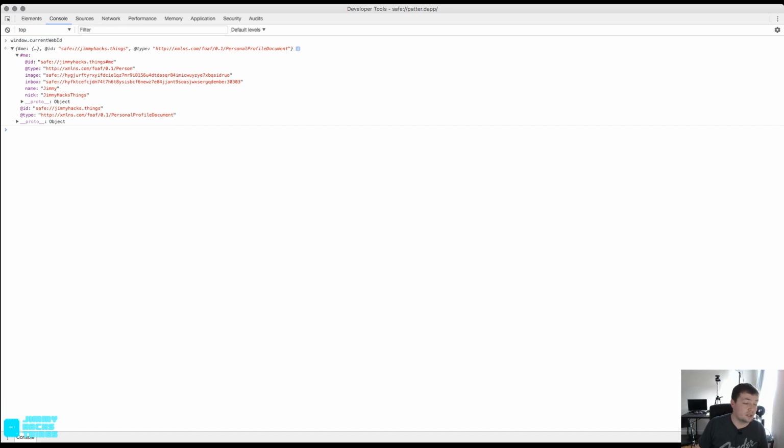Now, this is really, really useful considering now you can just use front-end web technologies to develop dApps. You don't have to learn Solidity or anything like that. All of this stuff is just supported by the browser because the browser is the one exposing a lot of those custom APIs. So now, if we just go back to our browser here,